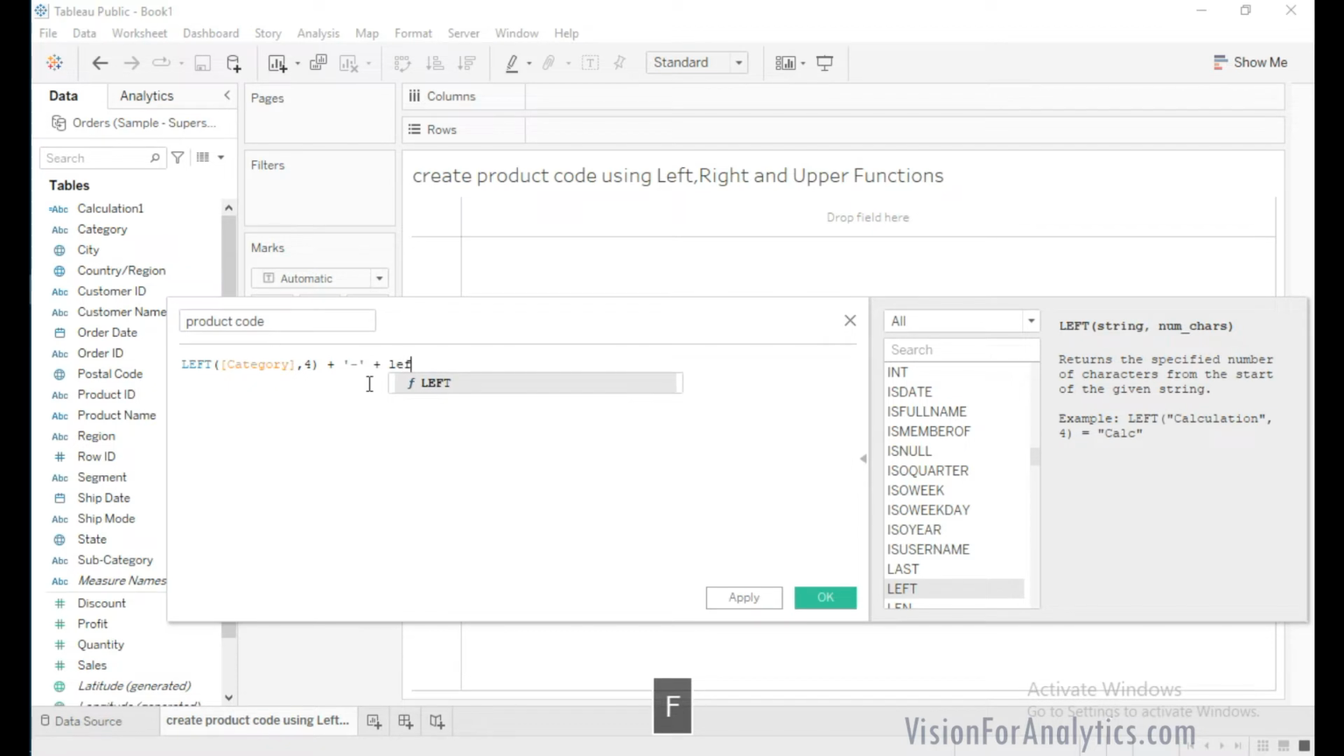I will use this left function. Then as a string I will give subcategory, so I want to get the first 4 characters from subcategory, so I will give 4. Then I will concatenate with the hyphen